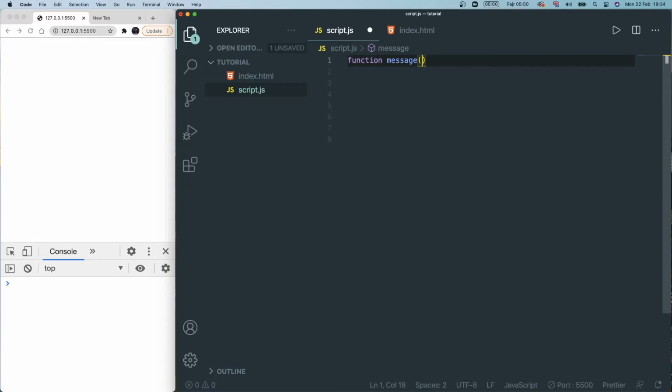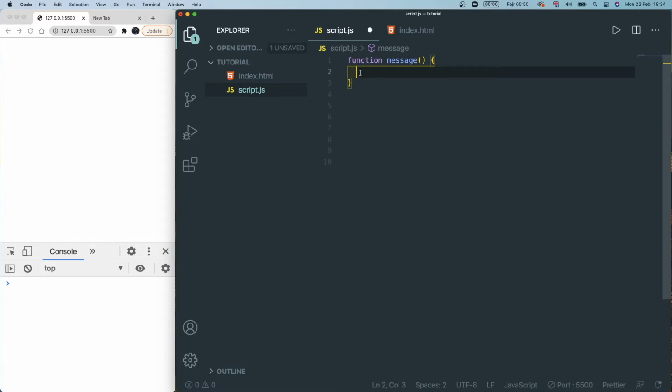In these brackets, we have parameters, but for now we won't get into it, so I'll just leave it. And we have curly brackets, and this just follows a similar convention to how if-else statements and for loops worked. So within this actual block,